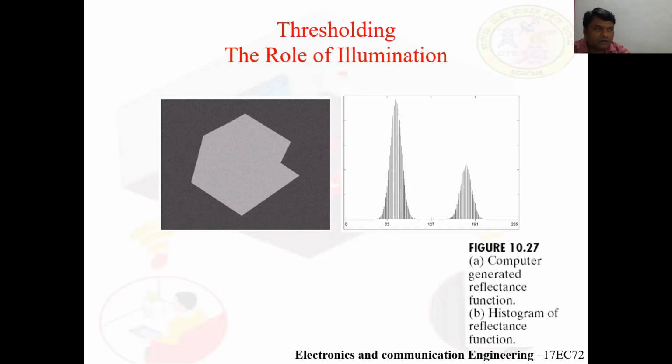The mean intensity value of the pixels assigned to class C1, and the mean intensity value of the pixels assigned to class C2. The cumulative mean up to level k is given as m(k), the summation of i pi from i equal to 0 to k. The average intensity of the entire image, that is the global mean, is given by mG, the summation of i pi from i equal to 0 to L minus 1. In order to evaluate the goodness of the threshold at level k, we use a normalized dimensionless metric, eta is equal to sigma square B by sigma square G. Here sigma square G is the global variance.